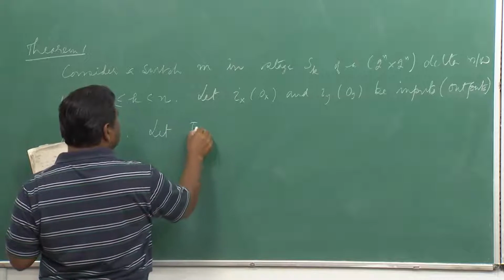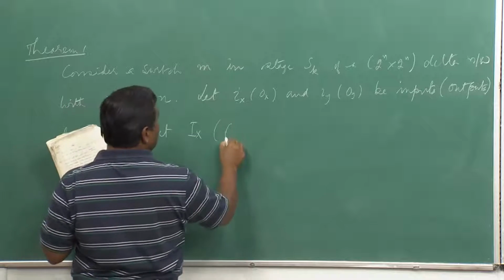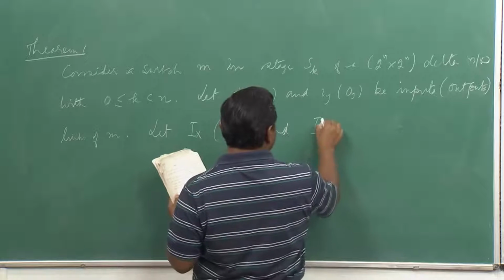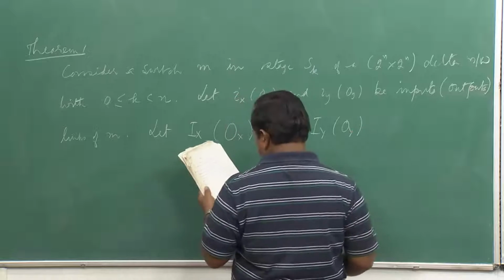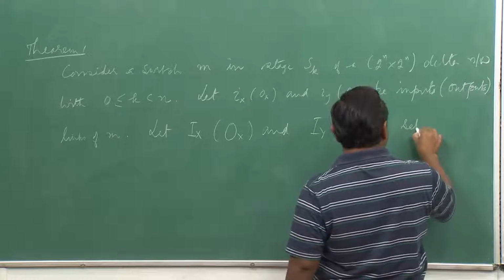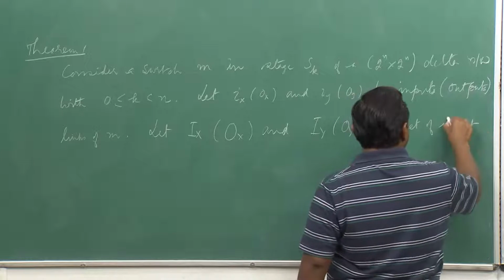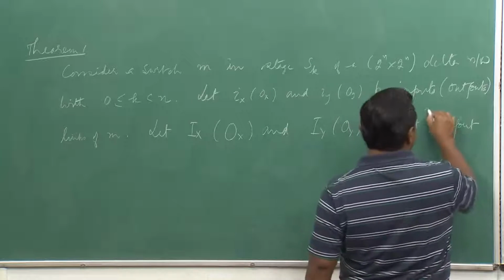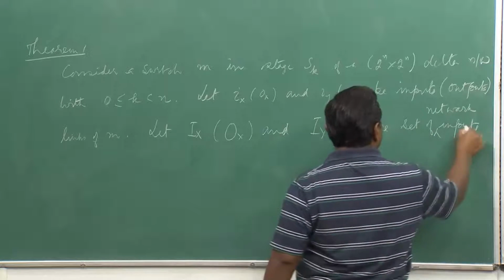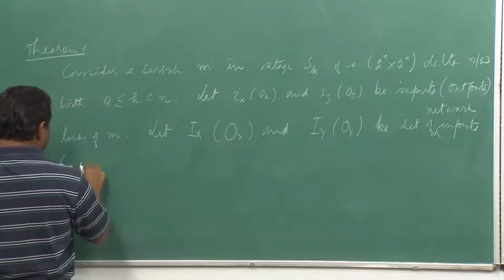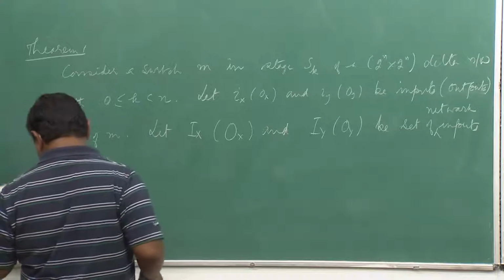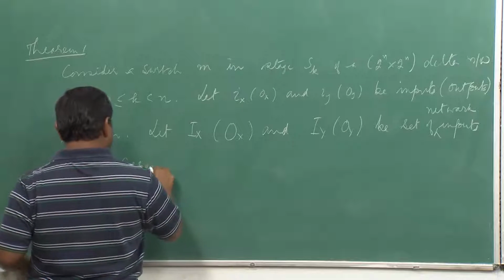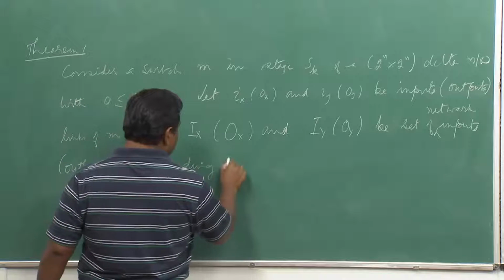Then we define, let Ix, this is a set actually now, and Ox, this is the output set, I will explain what it is. The set of network inputs or outputs corresponding to